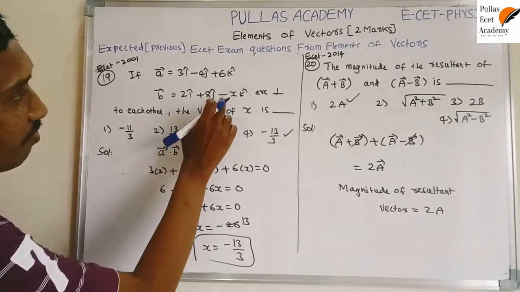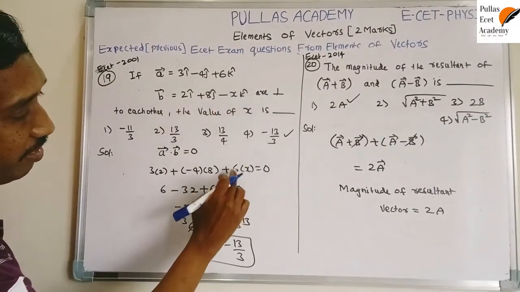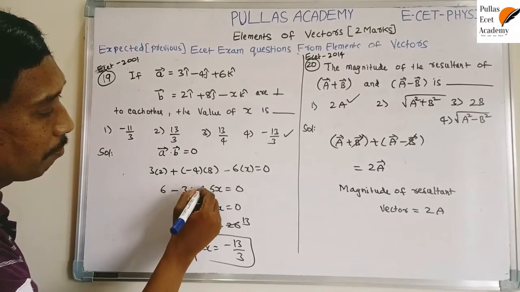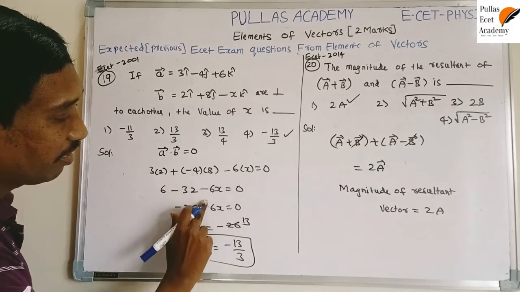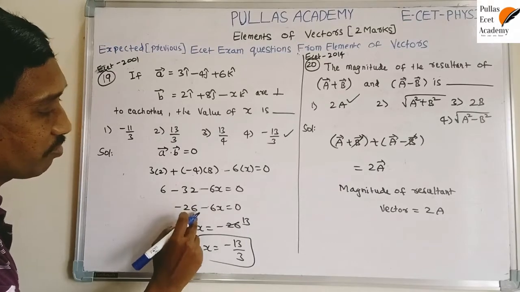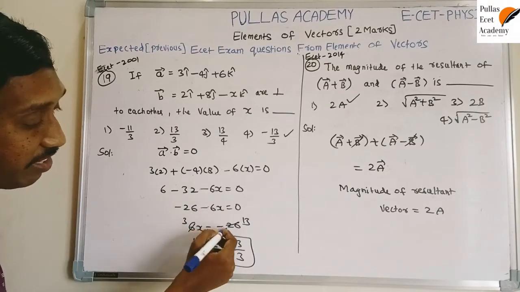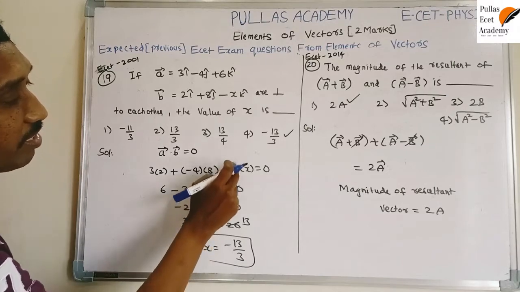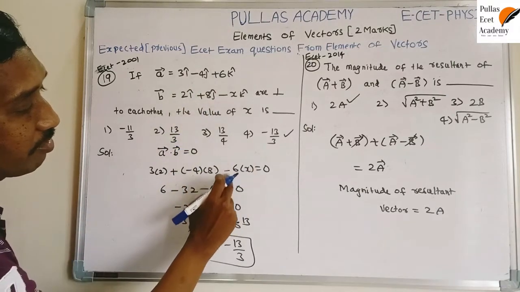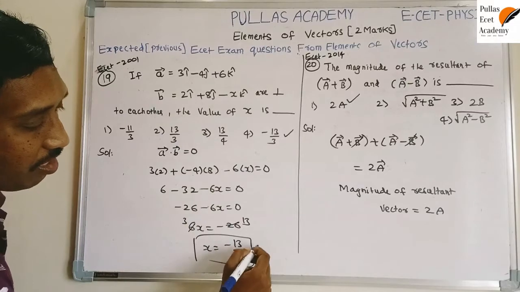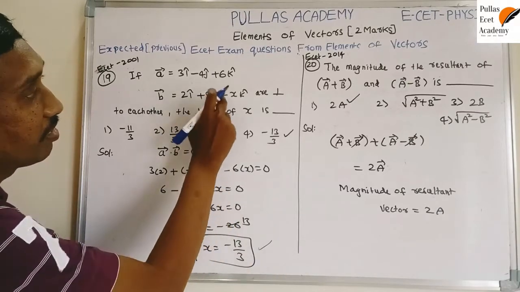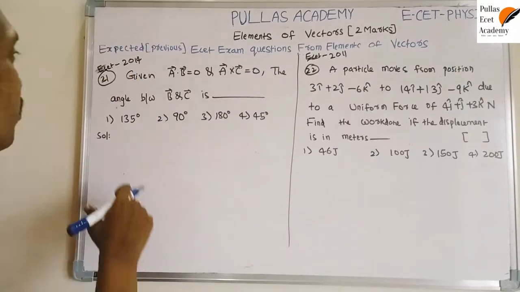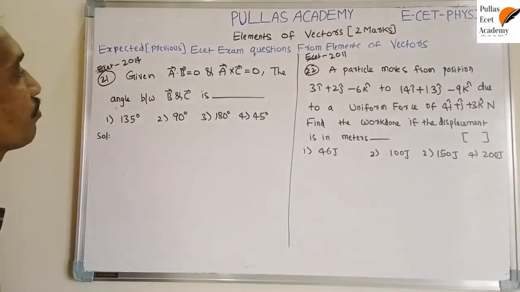Sorry, actually in this derivation this is 6 into minus x here. You get minus 6x. Sorry. Then you get here also minus 6x. Then here you get minus 6x. Minus 26 minus 6x. Then only you get a negative sign here. Otherwise you get a plus sign. That's why this is a mistake here. 6 into minus x, that means minus 6x. Then the answer is correct. But here we have this negative sign. Observe that point. The next question is repeated in ECET 2014.